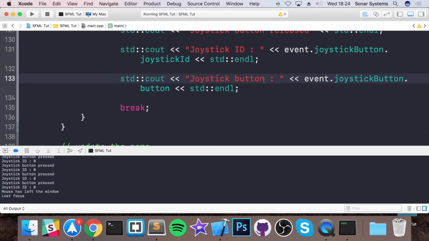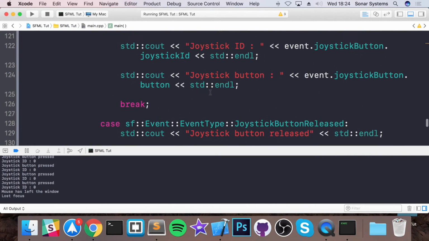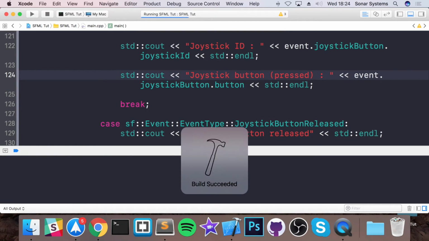We'll say joystick button, and put in brackets released and pressed. So if we run this now,